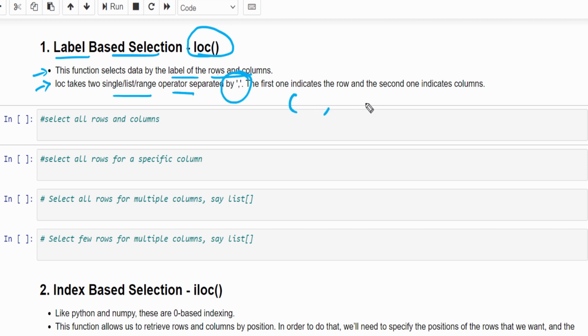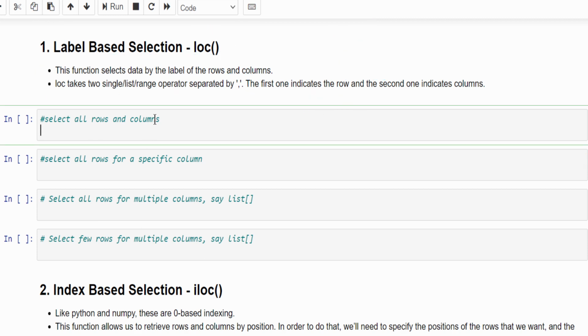When you mention it like this, the left side of the comma refers to the rows and the right side of the comma refers to the columns. Always row comma column. Remember this. In the entire video, we will be using the row comma column concept.